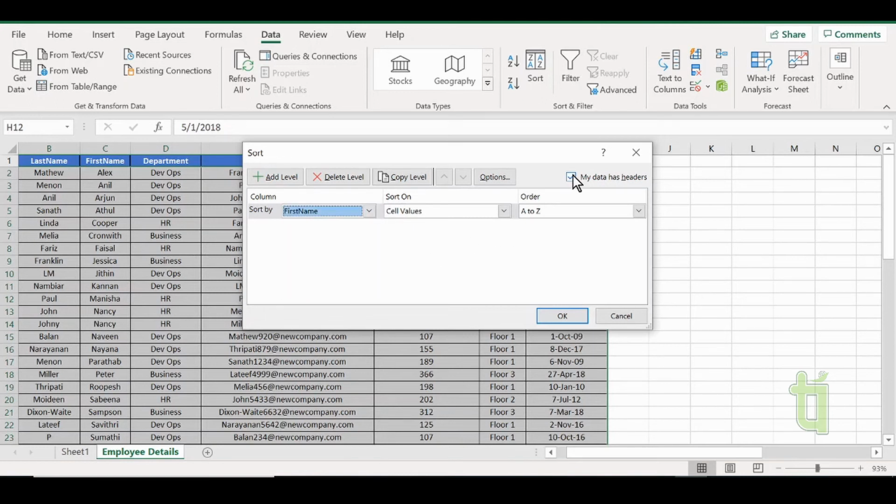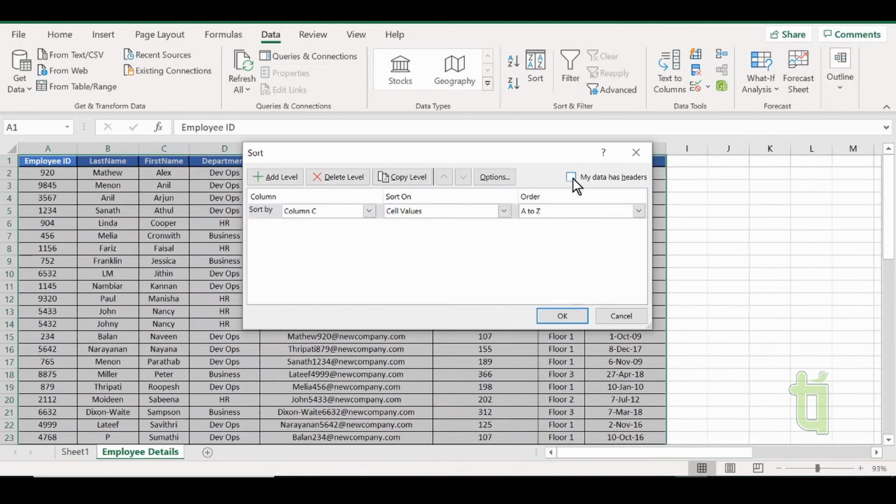If you uncheck this checkbox then you can see Sort by has changed to column details. To explain this I will check the checkbox. In Column Sort by I will be selecting joining date, and Sort On cell value.